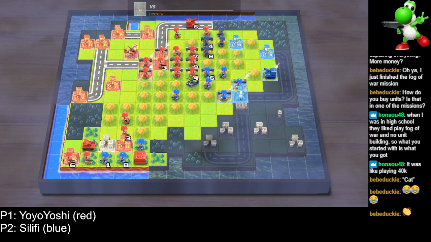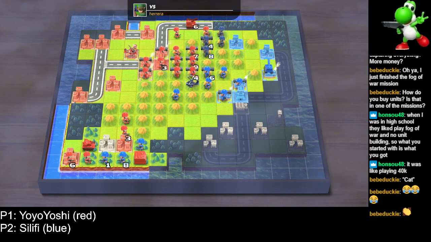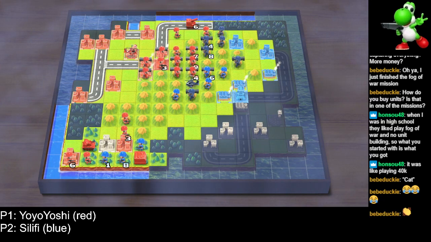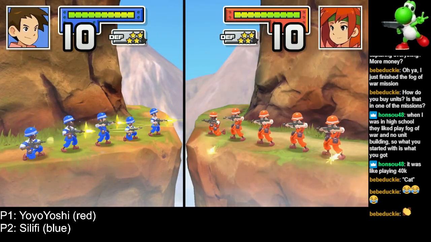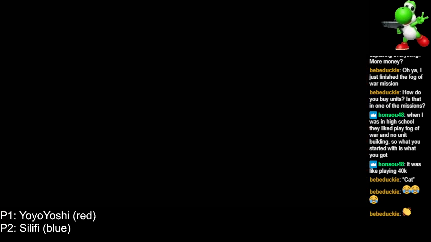I think I'm in a decent spot right now. I mean, neither of us has gone to CO powers yet, so we'll see. When he heals everything, that's going to be a big deal. Trying to protect the chopper a little bit. It's not like I have a missile or anything, but...